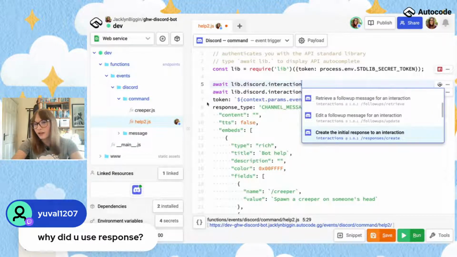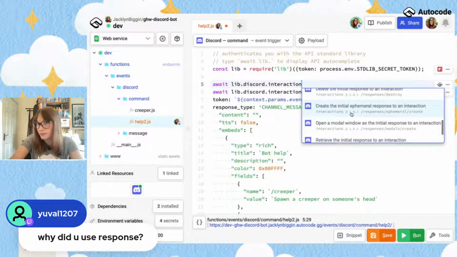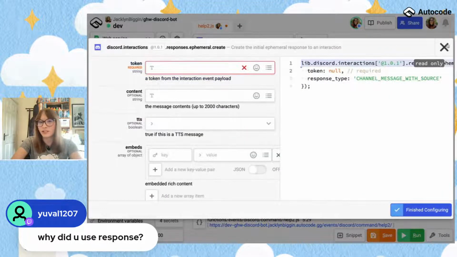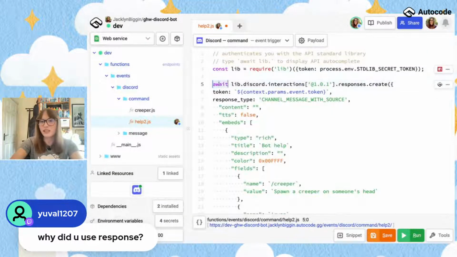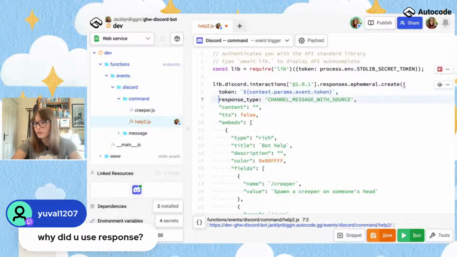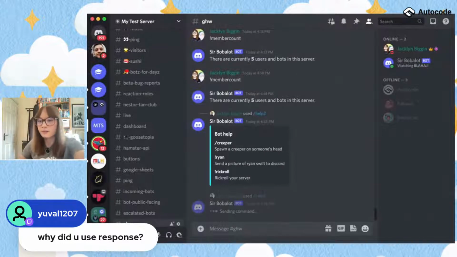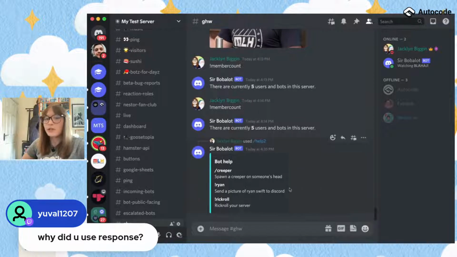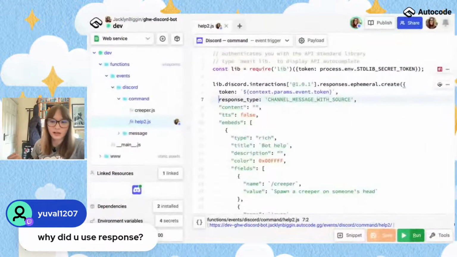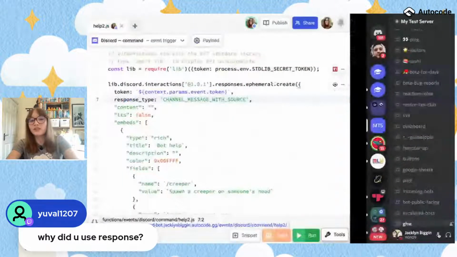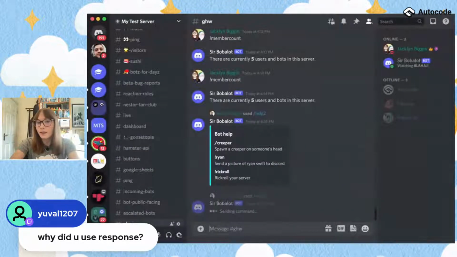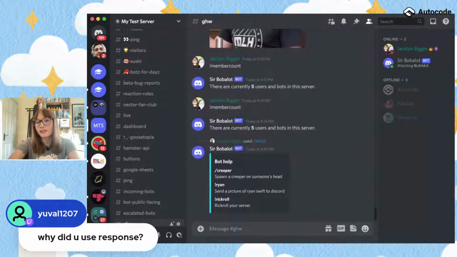Another reason why it's really cooler, Yuval, is that if I do await lib.discord.interaction, there is a thing called an ephemeral response. So let me show you how this works. I'll just copy paste this first line of code here and paste it over this. So this is just me changing it from a response to an ephemeral response. Now the really cool thing about this, Yuval, and why responses are better than just using message.create sometimes, is it lets me make it so this response is only being sent to me. So no one else on the Discord server, that didn't work probably because I screwed up some code, but anyway, the response isn't sent to anyone else on the Discord server. And that means it's not gonna get super spammy when someone is using /help, which is exactly what we wanna see. So that's really cool.